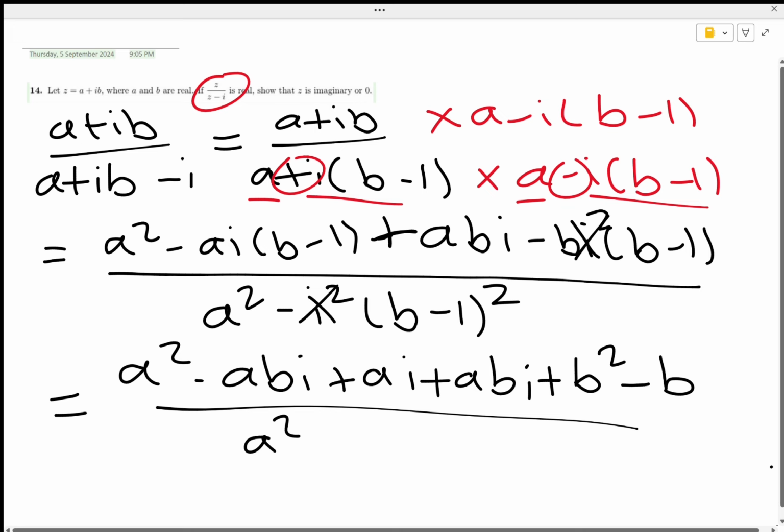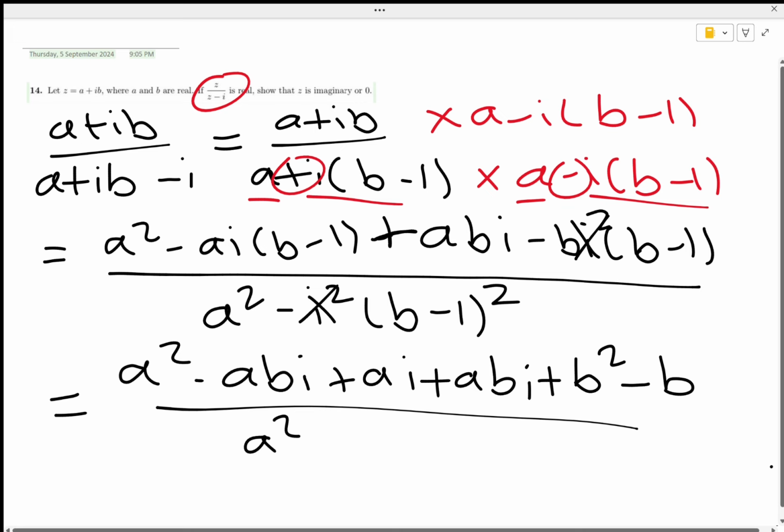So this part should equal 0, which means that the Im, which is the right side of the complex number, which would have the i in it, of z over z minus i, which is what we just expanded,